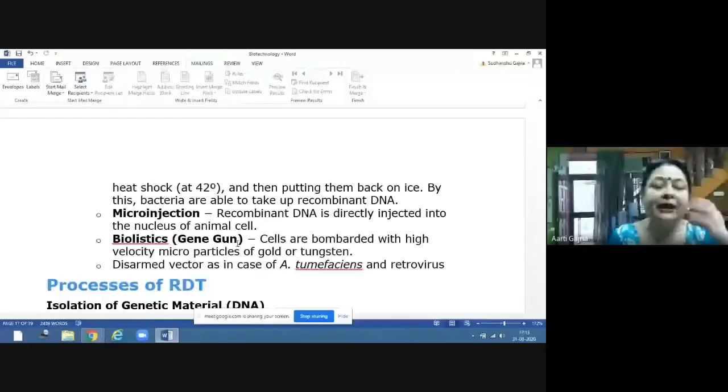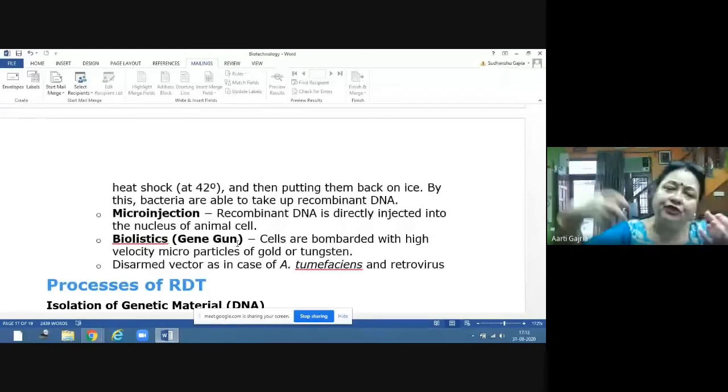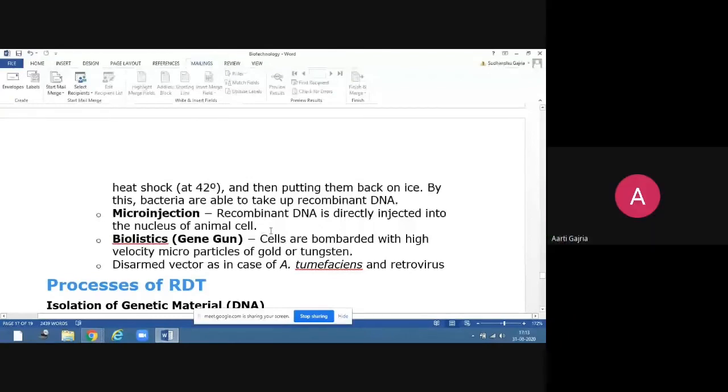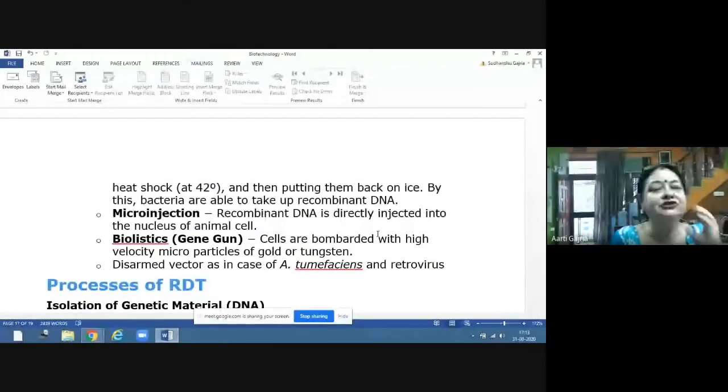In animal cells, in the majority of cases they use the egg cell. So the egg cell is taken, and into the egg cell this recombinant DNA is put. Now the human egg, you know, is formed only once in a month. In a cycle of 28 to 30 days, one egg is produced. So you have to be very, very careful when you are using this technique. Through microinjection, the recombinant DNA can be directly put into the animal cell, but it requires highly sophisticated devices and professionals.